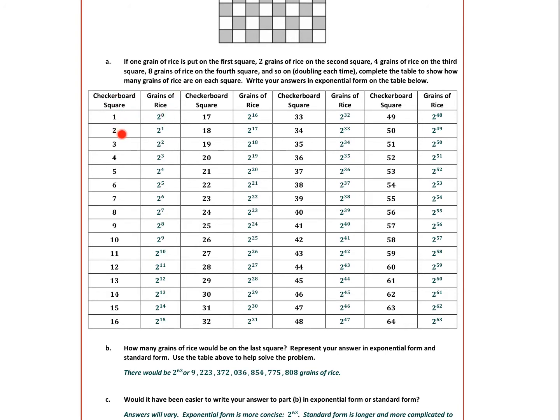And then the second checkerboard square would be 2 to the 1, because 2 to the first power is 2. The third checkerboard square was 2 to the second power. And so you keep going all the way, and you get 2 to the 63rd power for that many